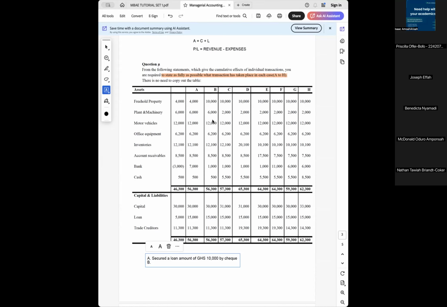All right, let's continue. Cash is the same at 500. Capital is the same at 30,000. Loan is the same at 15,000. Trade creditors is the same at 11,300. All right, so the only elements that we've seen a change on are, let's see if I can put down here, freehold property, so FP,